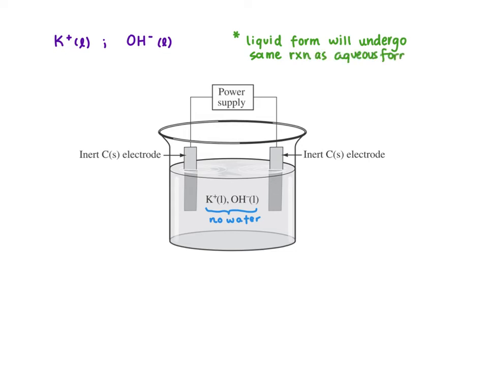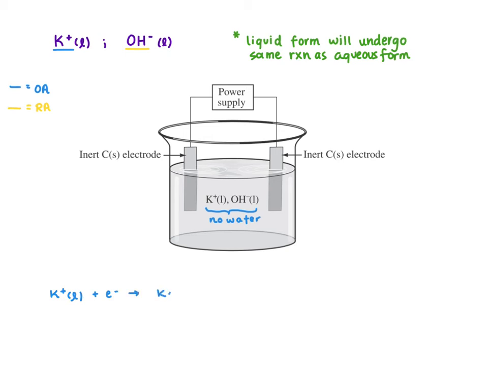So we can still use our table to assign RA and OA. So I'm going to assign oxidizing agents with blue. And the only oxidizing agent present is potassium. And then I'm going to assign reducing agents in yellow, and the only reducing agent present is hydroxide. So that makes this a little bit easier for us to determine what's going to happen in this reaction. So our strongest oxidizing agent then must be potassium, and the reaction that's going to take place with that is the reduction of potassium when 1 electron is gained